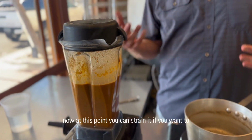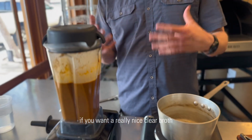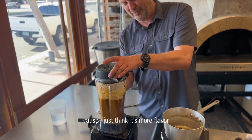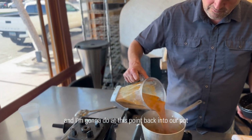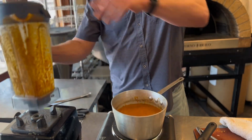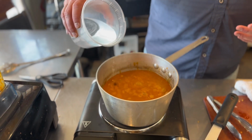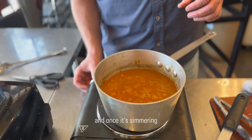Now at this point you can strain it if you want a really nice and clear broth, but I like all those bits in it because I just think it's more flavor. And what I'm going to do at this point is put it back into our pot. And then I'm gonna add just a little bit of water to thin that out. And once it's simmering,